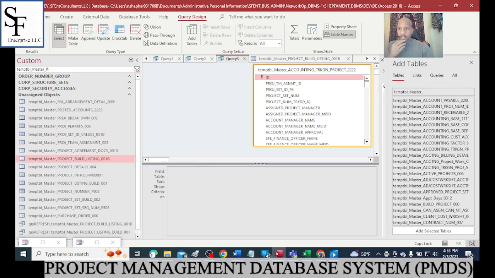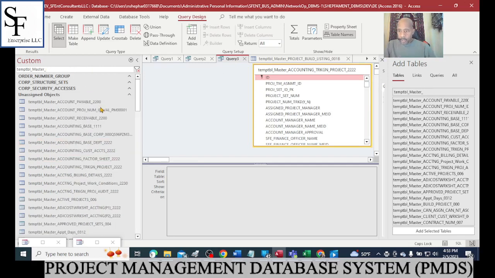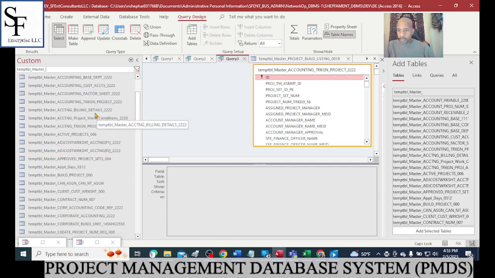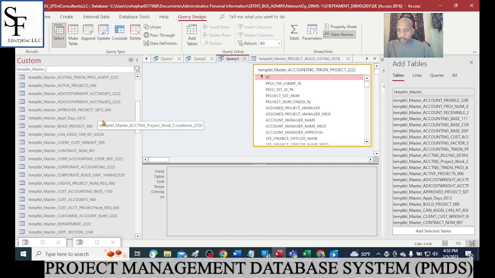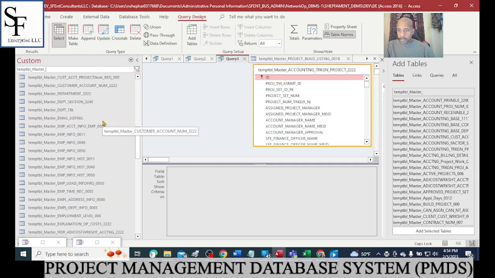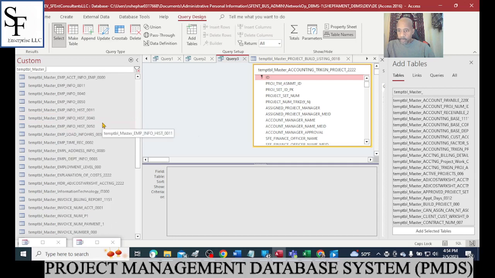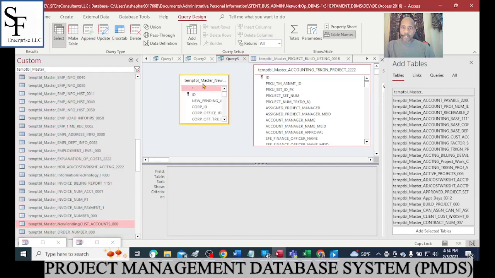Let me go back because I'm going to have to look for it. Where's the table? And it's a temp table, right? Let me see, where is it? See if I can find it. Here it is, right here. Okay. Okay, so it's this table here. So what I'm going to do, I'm going to look at this table here,